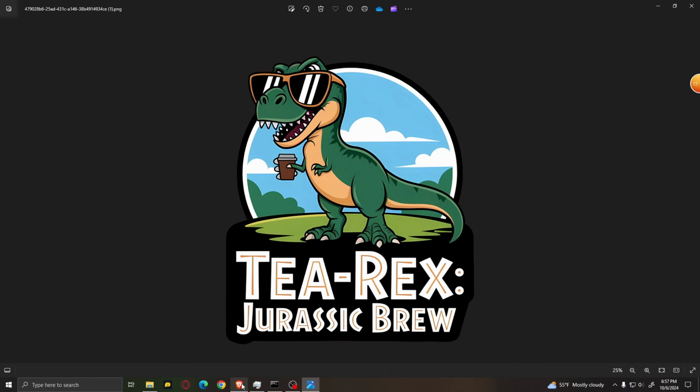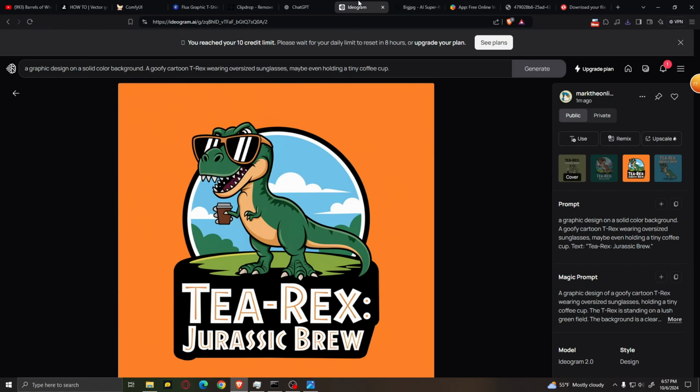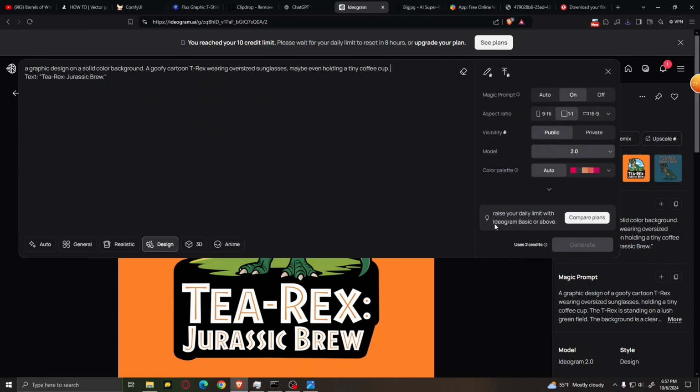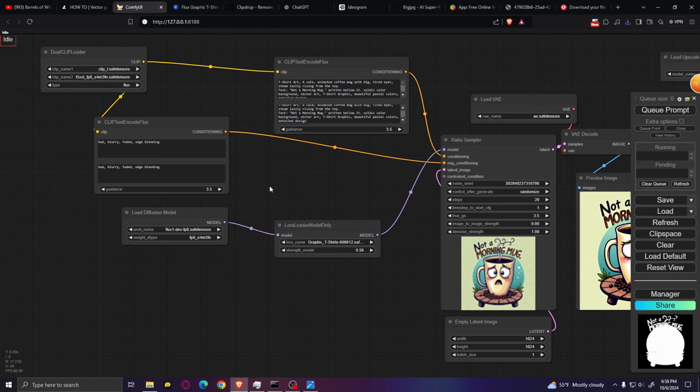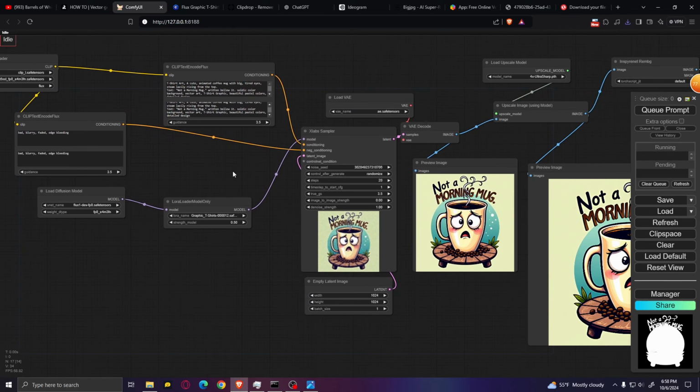Now, the problem with using this method is the fact that Ideogram sets a limit on how many images you can generate every single day. You can use other online image generators, but I've noticed that none of them are really as good as Ideogram 2.0. But to fix that, we can do the whole process locally, and to do that I made a little